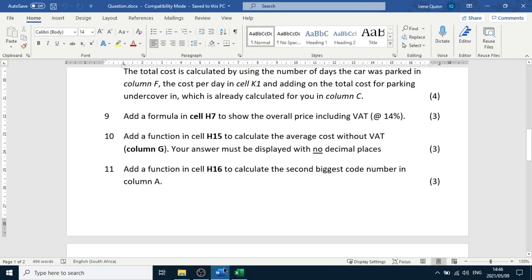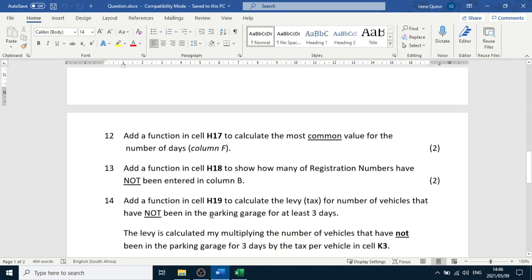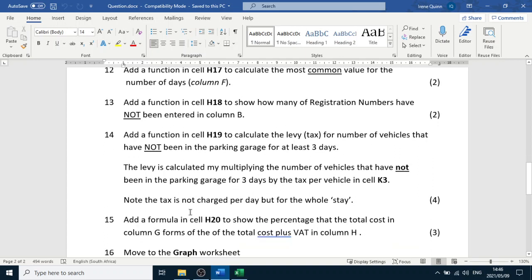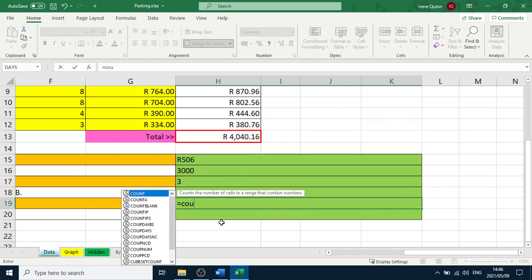So add a function to calculate the tax for number of vehicles that have not been in the parking garage for at least 3 days. Number of vehicles that are in the garage by the tax. Okay, we're going to count how many vehicles have not been parked and multiply that by that value. So equal, okay, COUNTIF,